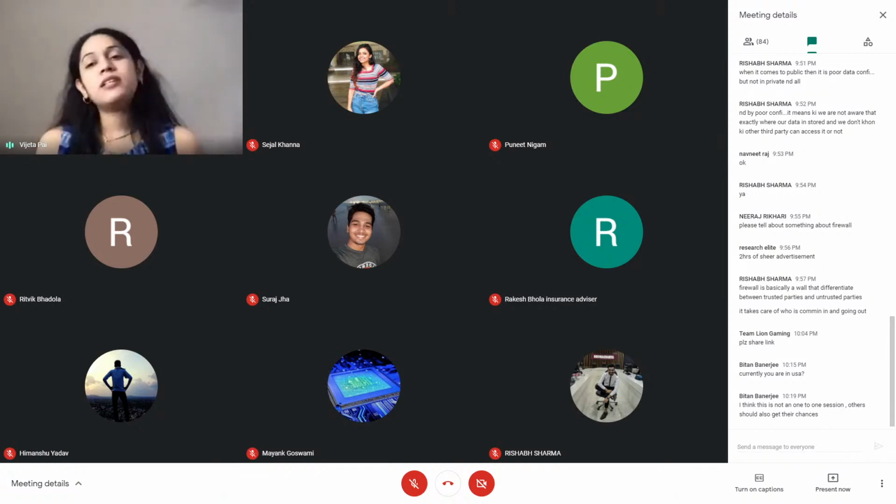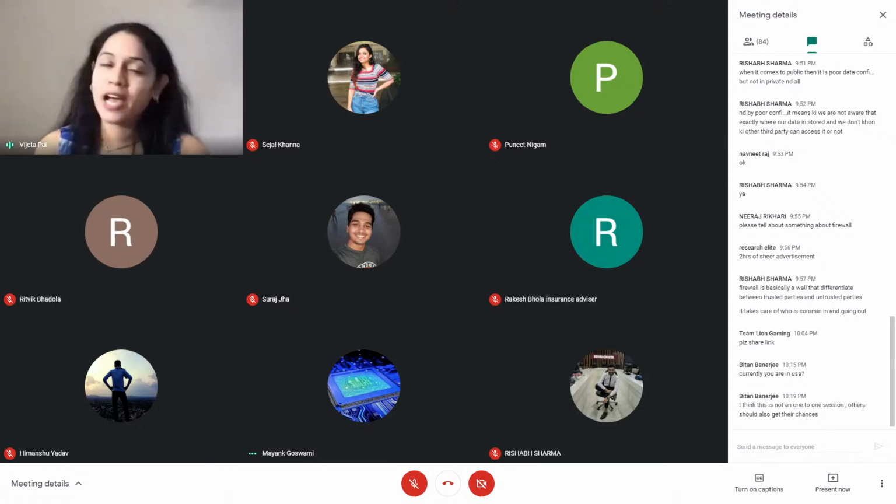But at the same time, they have a good way of getting it back up. Like I mentioned, nothing is 100% secure, but you should know what to do in case something happens. It's like living in a house. Thieves will try to come in, but you should have a good security mechanism to make sure you're secure. So yes, Google Cloud has been attacked, and it is probably getting attacked right now as we are talking.